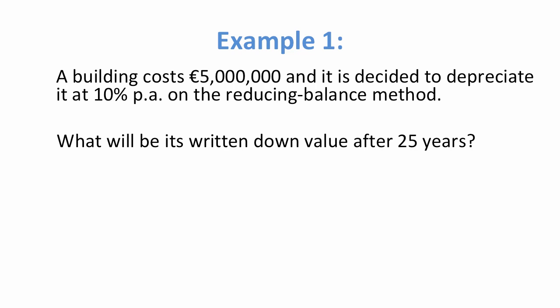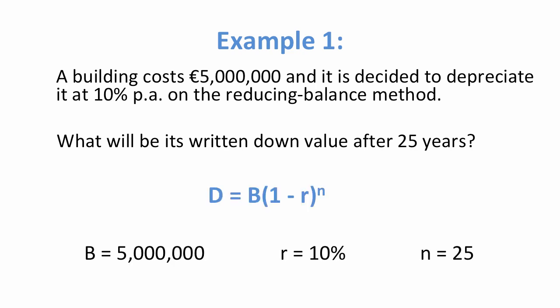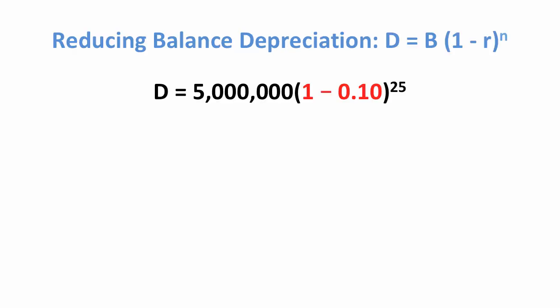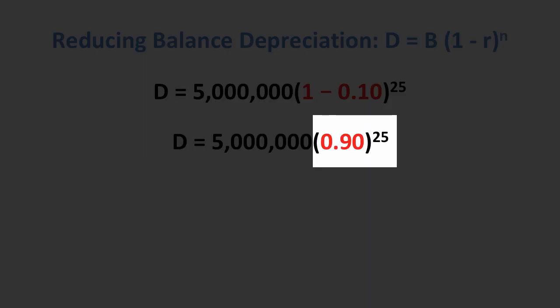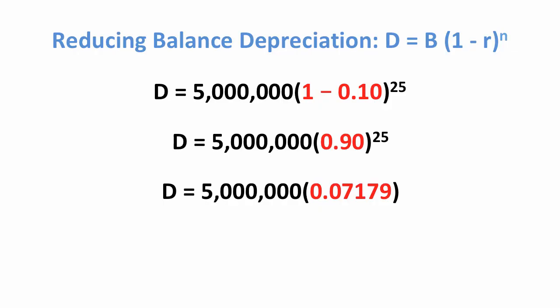So we should know by looking at this, hopefully, that it's easy to find out: N is 25, R is 10%, and the building cost, which is your book value, is €5 million. And now we want to find out what D is. Plugging all those values into the formula, straightforward enough, hopefully. We won't forget that this is a minus in here, so 1 minus 0.1 will give us 0.9. You work on the brackets first, then what's just directly outside of the brackets, the priority here is the power of 25, so it's 0.9 to the power of 25,